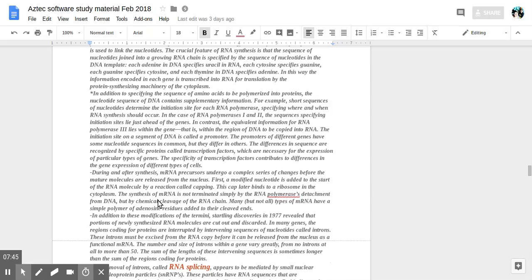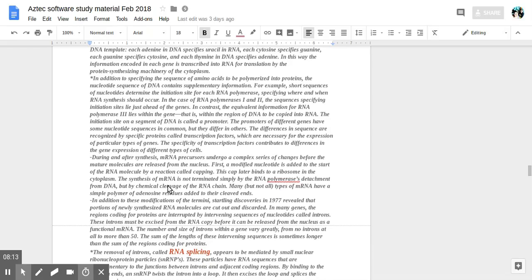In the case of polymerase 1 and 2, the sequences specifying initial sites lie just ahead of the genes, and the equivalent information for RNA polymerase 3 lies within the gene, within the region of DNA to be copied into RNA. The initiation site is called a promoter. So the site on the DNA, or the segment of DNA, where the initiation